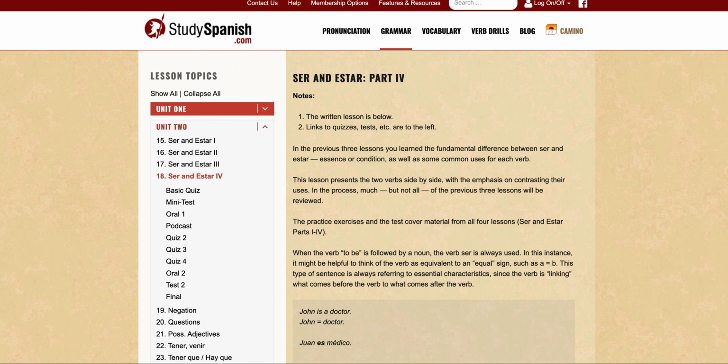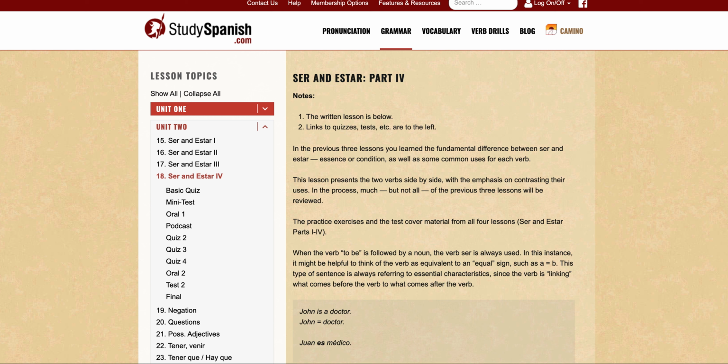Another review of section 18, and that's before we take the basic quiz, because the basic quiz is quite a comprehensive test. It tests your understanding of whatever grammar has been taught, right? So in section 18 we are looking at ser and estar side by side, and the first case was that if